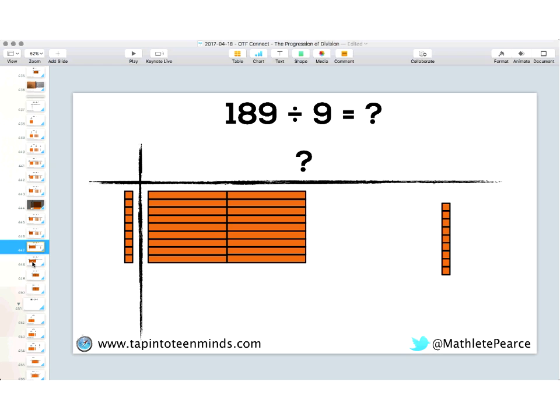All right, and Emily's asking to reiterate why that 100 flat needs to be broken down, and it's because in this case we're dividing it by a number less than 10. So my base 10 100 flat is a 10 by 10 square, and I know my rectangle is a 9 by something rectangle or square. It could be a square, but it's going to be a 9 by something. So that 100 can't fit in there anyway.